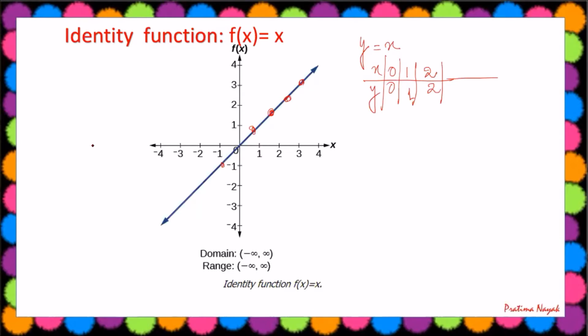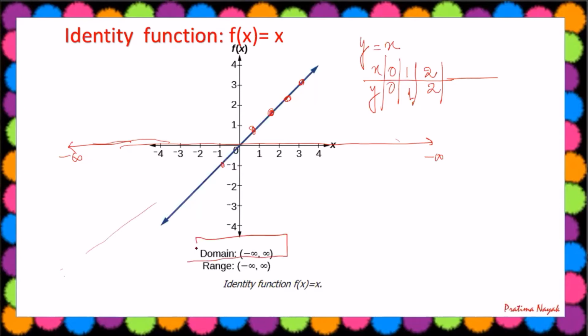And now you see the graph. In the graph, we are getting all x from negative infinity to positive infinity. Any value we take, the graph spreads from negative infinity to plus infinity. In the same way, I'll say that the domain is minus infinity to plus infinity.